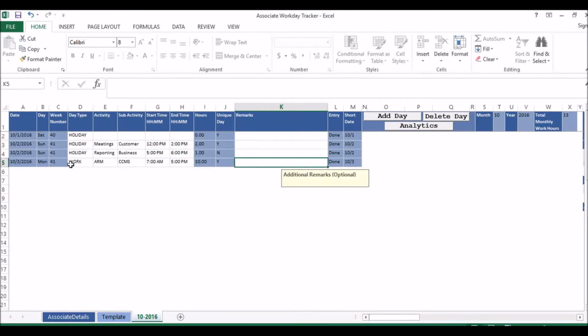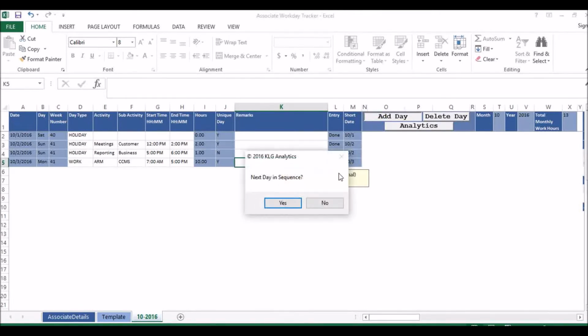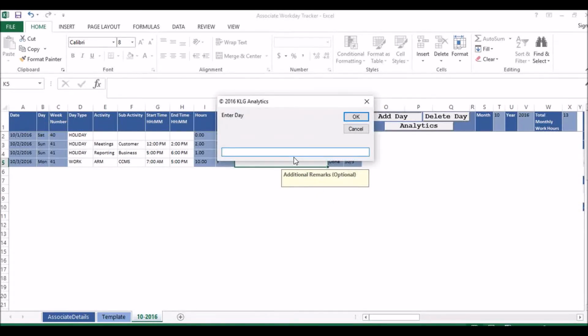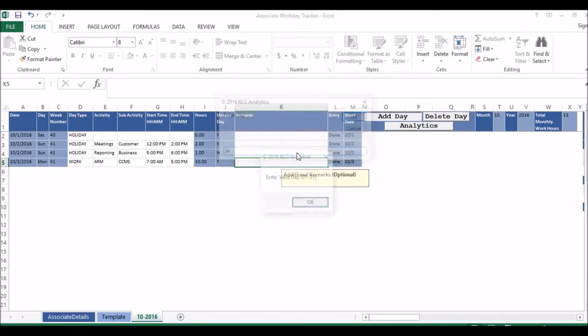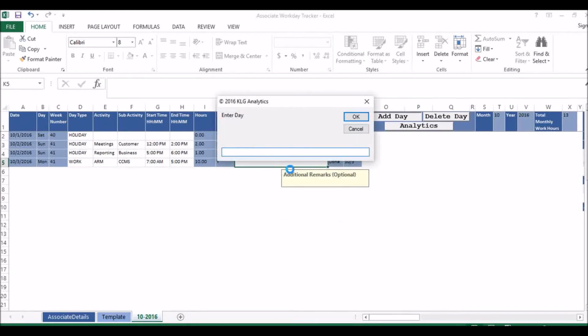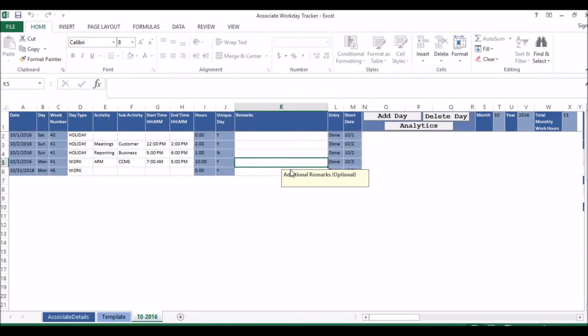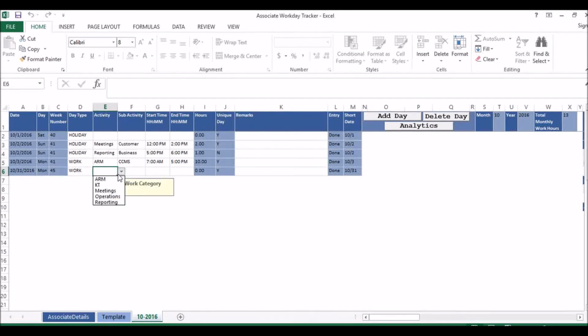Okay, suppose you want to go directly into the last day of the month. Okay, next day in sequence no. Okay, retain the same day no. Okay, you want to enter, say, directly the last day. Suppose if you enter 34, it does a month by month validation. There are only 31 days in the month of October. Okay, so let me press 31 here, and